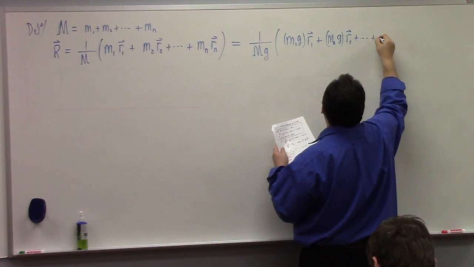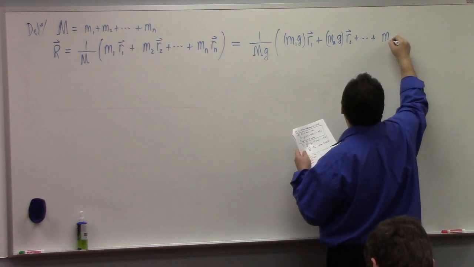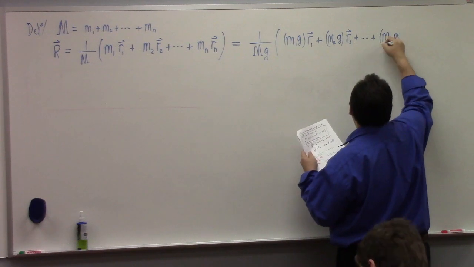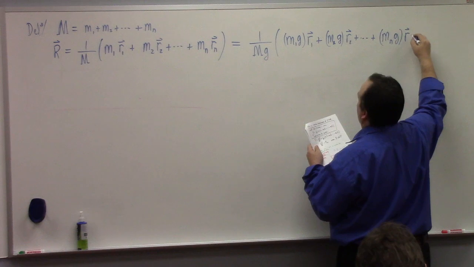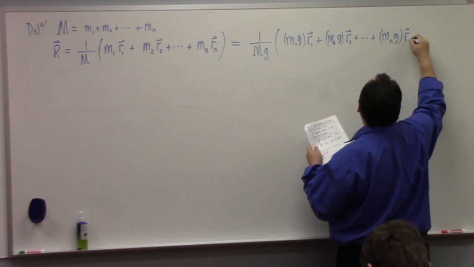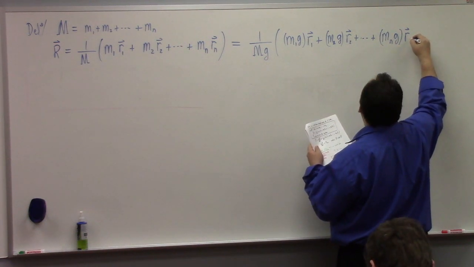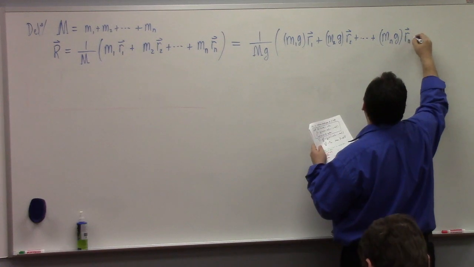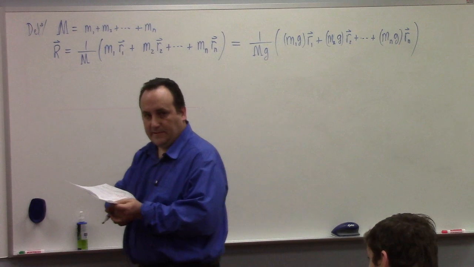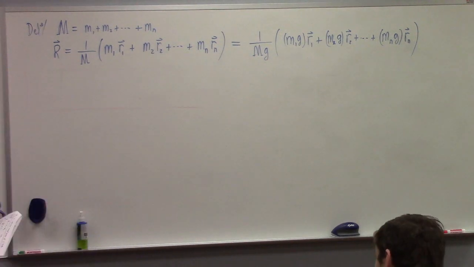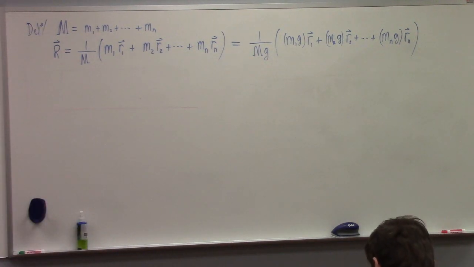And I will admit, although my current purpose for this is mostly to make a stupid joke, this actually does have a use, because if you want to find the center of mass, you could also find it by essentially averaging the weights. This is literally a weighted average, because mg is the weight, right? So the heavier a given mass is, the more it figures into where the center of mass goes. That's how this works.